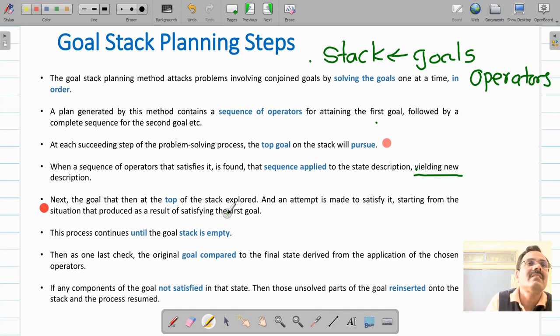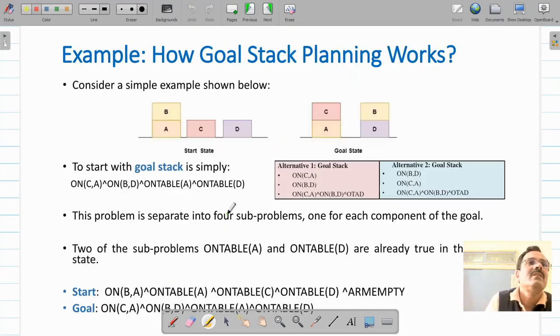Now let us understand this process with a problem of block world. In this block world problem, we have been given a starting state. This is our starting state which is given initially, and we have been given a goal state. So we have 4 blocks: block A, block B, block C and block D. Blocks A, C and D are on the table.